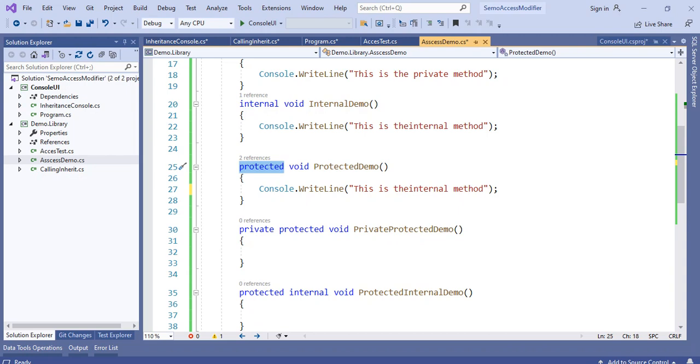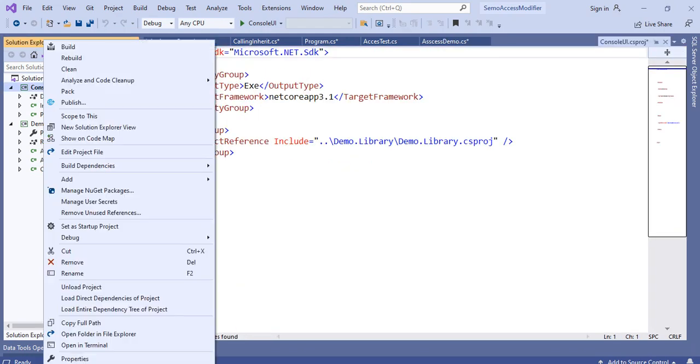Okay, it is accessible anywhere inside the same namespace. Also this inheritance,